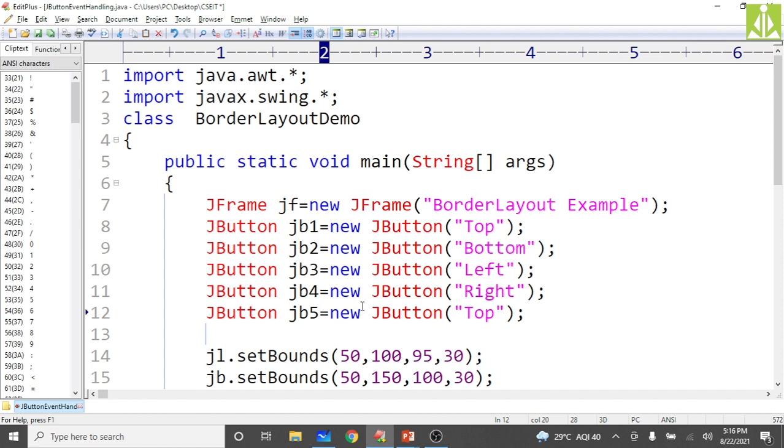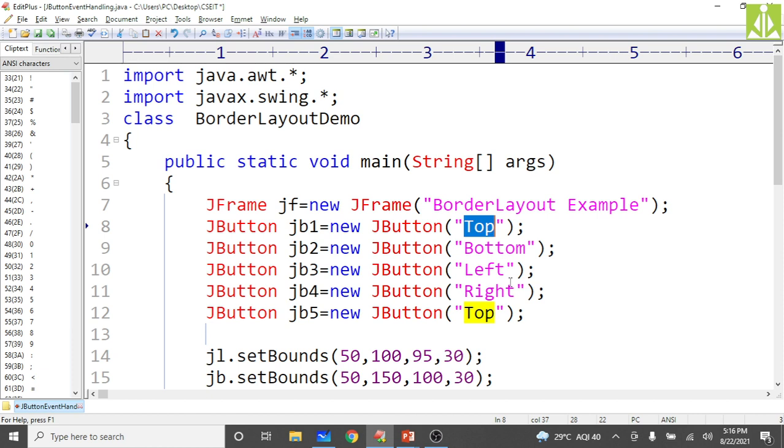Instead of taking top and bottom, in your border layout we are going to have north, south, east, west, center locations. So better you take the button names along with the button labels as per the fields decided inside border layout.